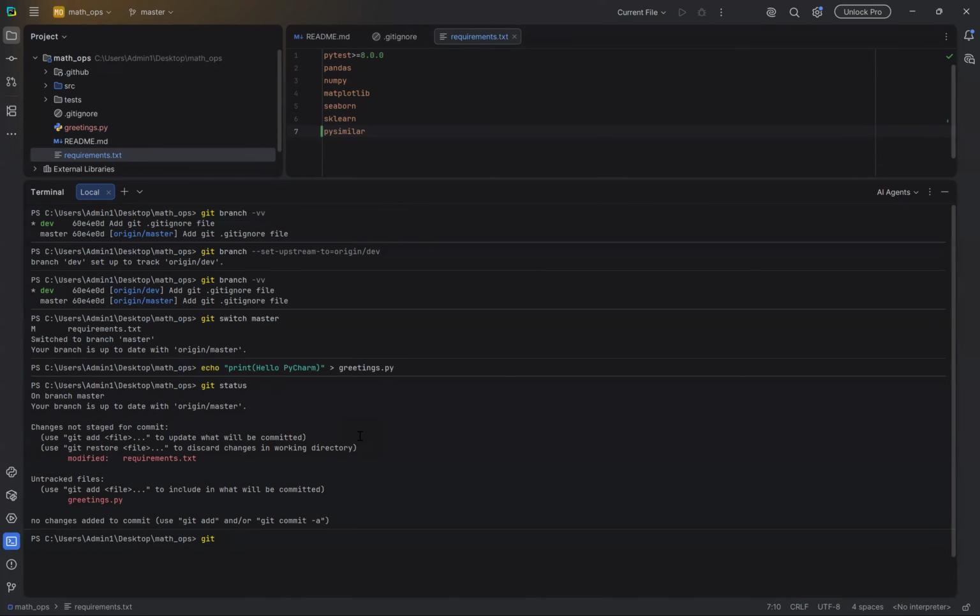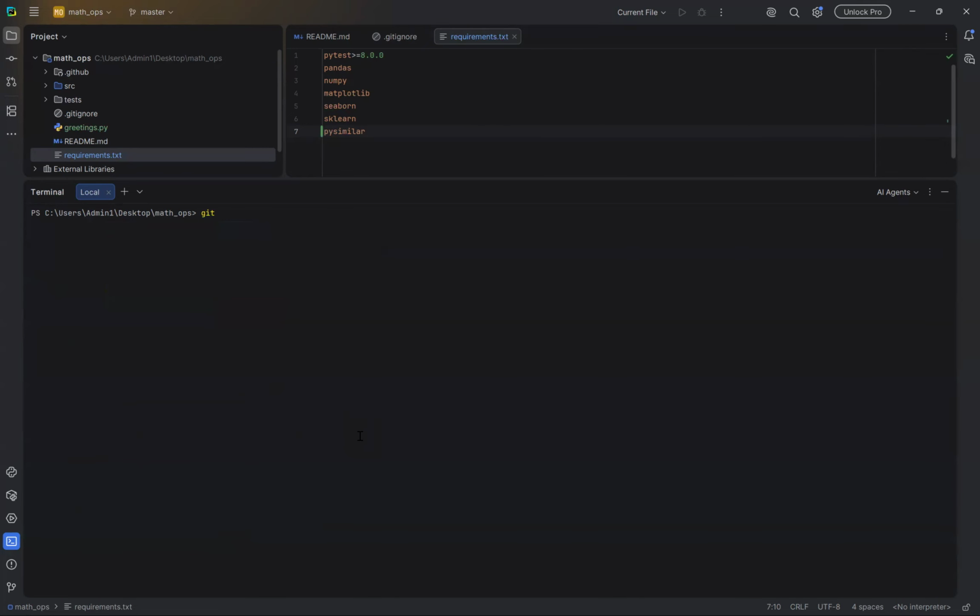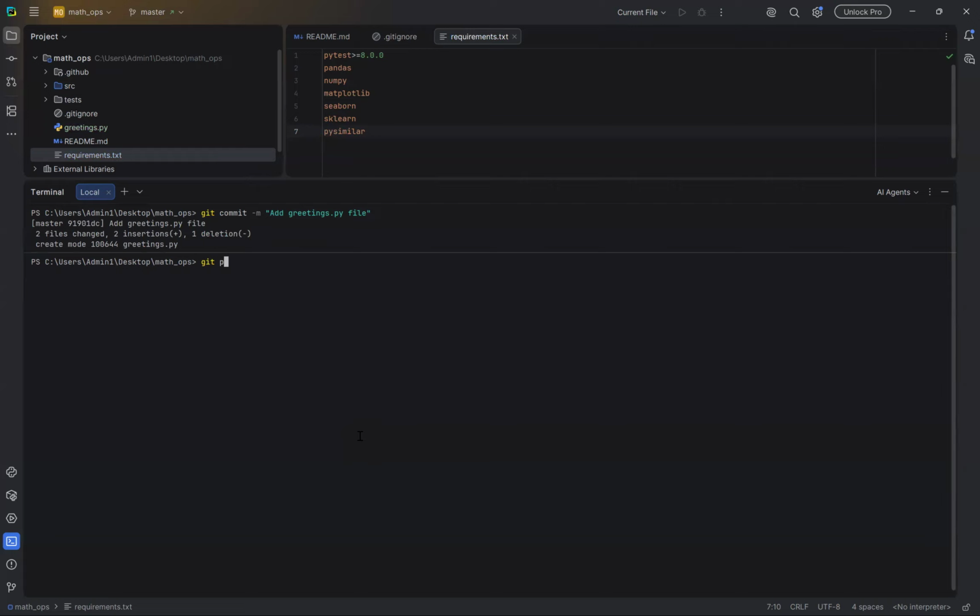So we say git add the file, git commit -m, then say something like "add greetings.py file". This is how we write commit messages. You don't say added, you say add greetings.py file. It's very descriptive. Then if we say git push,